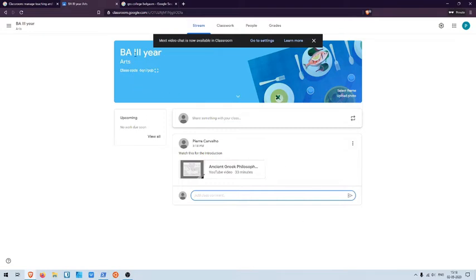Here on top you might notice we'll get to this meet in some time, but I just want to finish the basics of the stream page. This is the name of your class, obviously this is which section, and this is a class code. A student cannot enter the class without this particular code, so you need to give the students this code so that you invite them, and I'll show you how to invite them, but this code is unique and it's a security feature to make sure that if they want to enter your classroom, they need to know that code. So without an invitation, no student can enter your classroom.